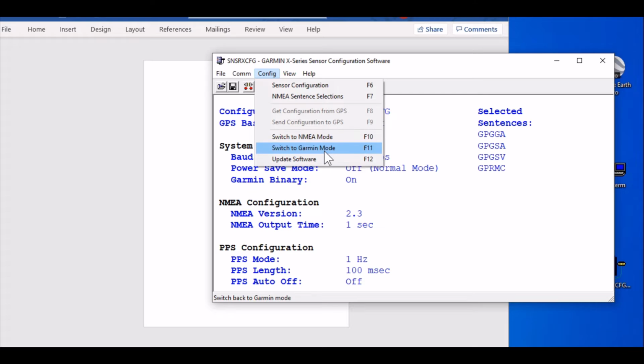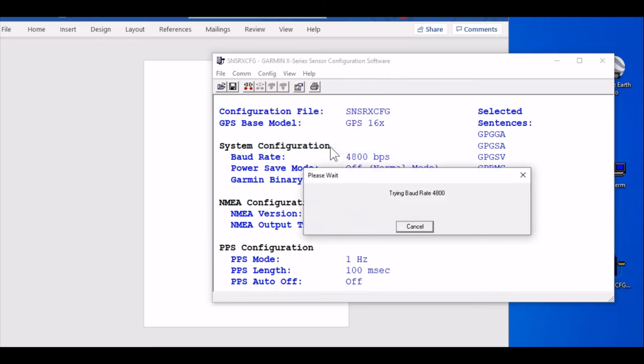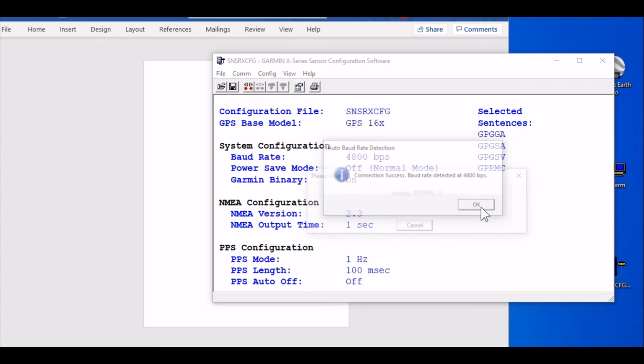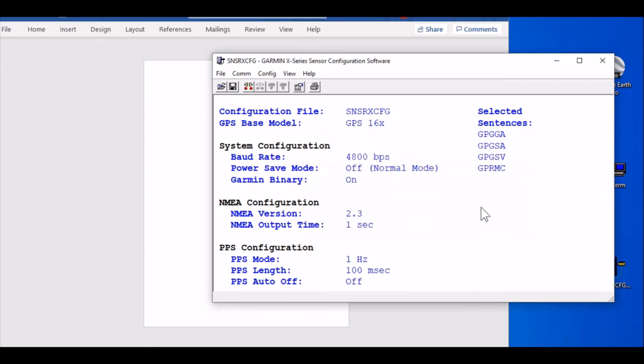So we're going to make it go over to its binary mode instead of the normal sentence, the NMEA mode here. So we'll switch to Garmin mode, and connection success, baud rate detected. So we go OK. It sent the little file,